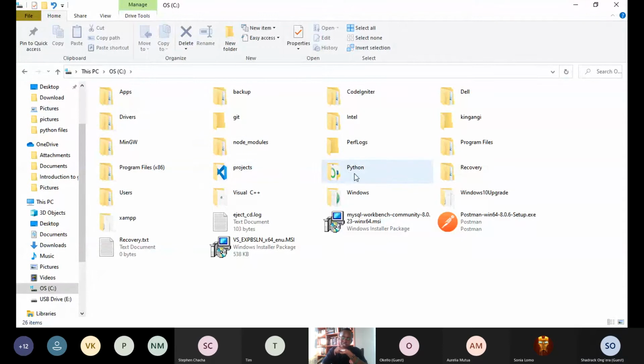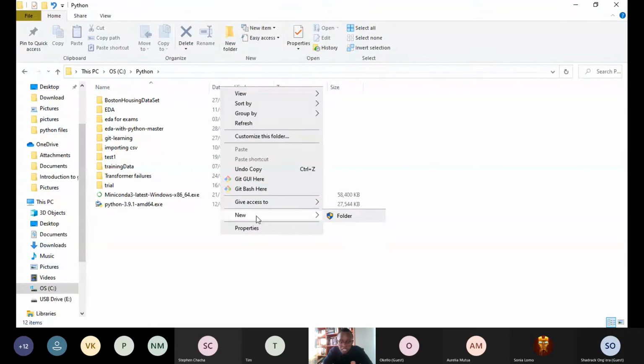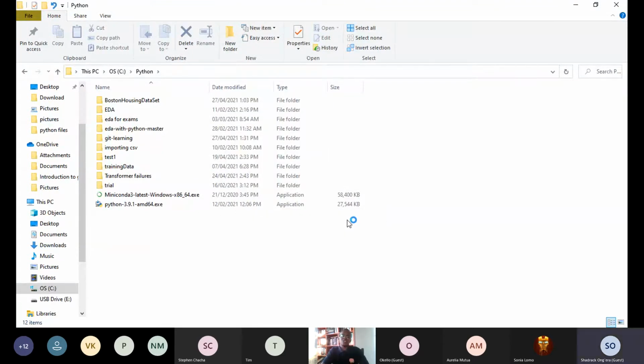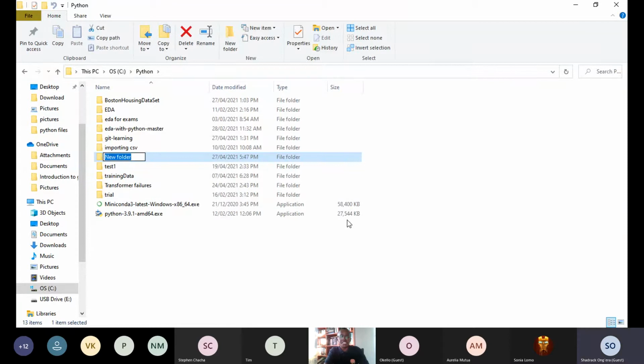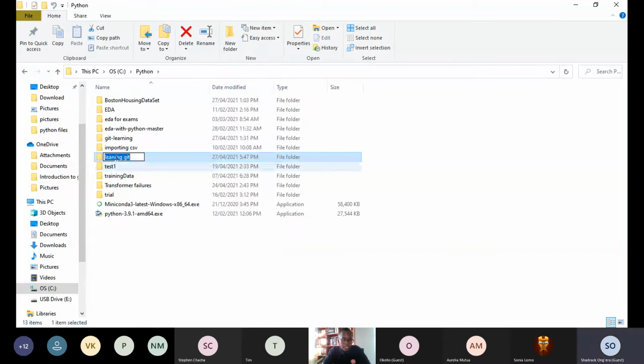For example, I'm going to put my new folder, we're going to name it. What do we call it? Let's call it Learning Git. I wrote "leaning." Anyway, rename, Learning Git. We'll go back to